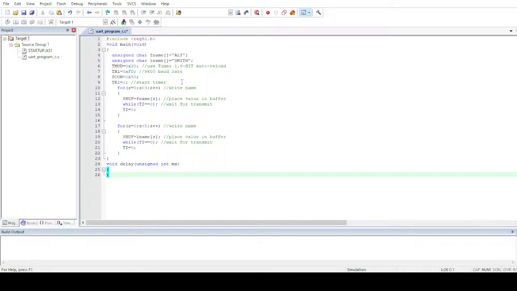Let me just write it quickly. i, j equals 0, and this one is also equal to 0. i equals 0, i is less than ms, i plus plus,